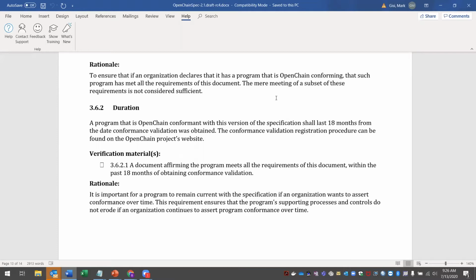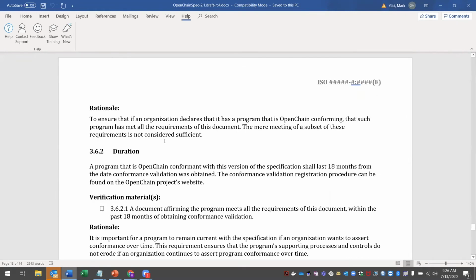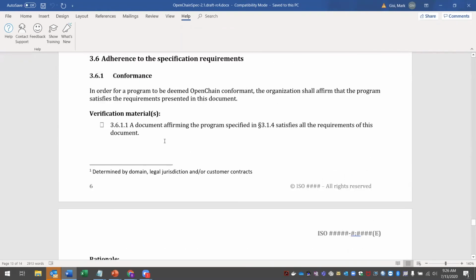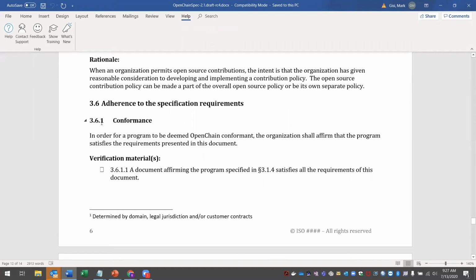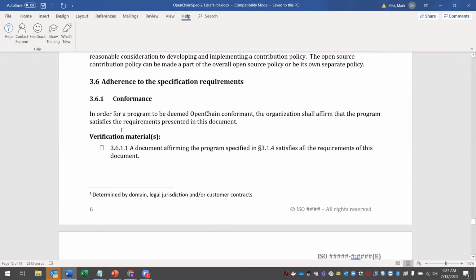Sure. And I think just by putting out the logo and making the claim that you're OpenChain conforming to a certain version, it's assumed that you have this document internally. In other words, you should have it. And upon audit, you have to present it, I would expect. Okay, so any other thoughts about this before we move on to a very similar point? I think, Sammy, it just builds on top of what you're raising in the first one in the 3.6.1. Any other questions or thoughts about that before we move on to the 6.2?